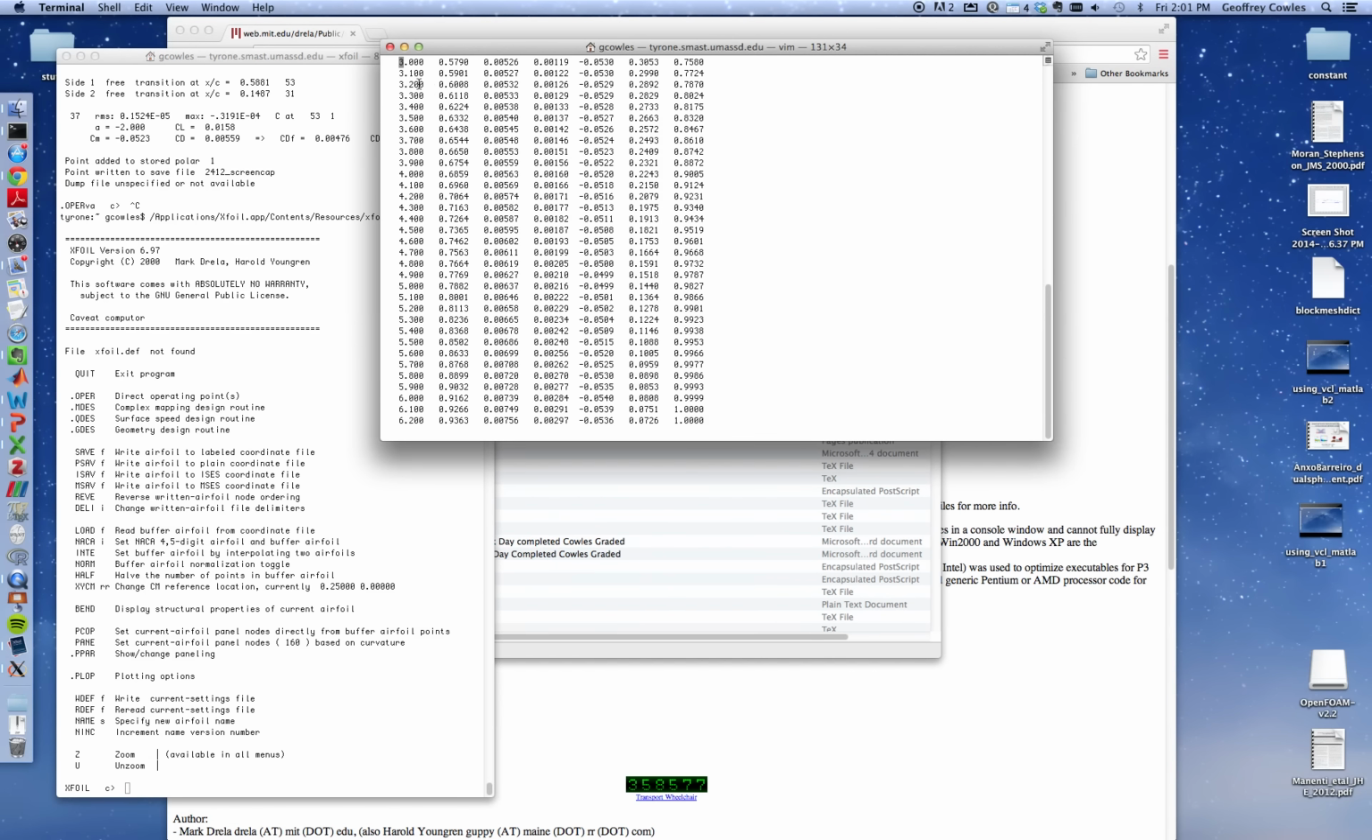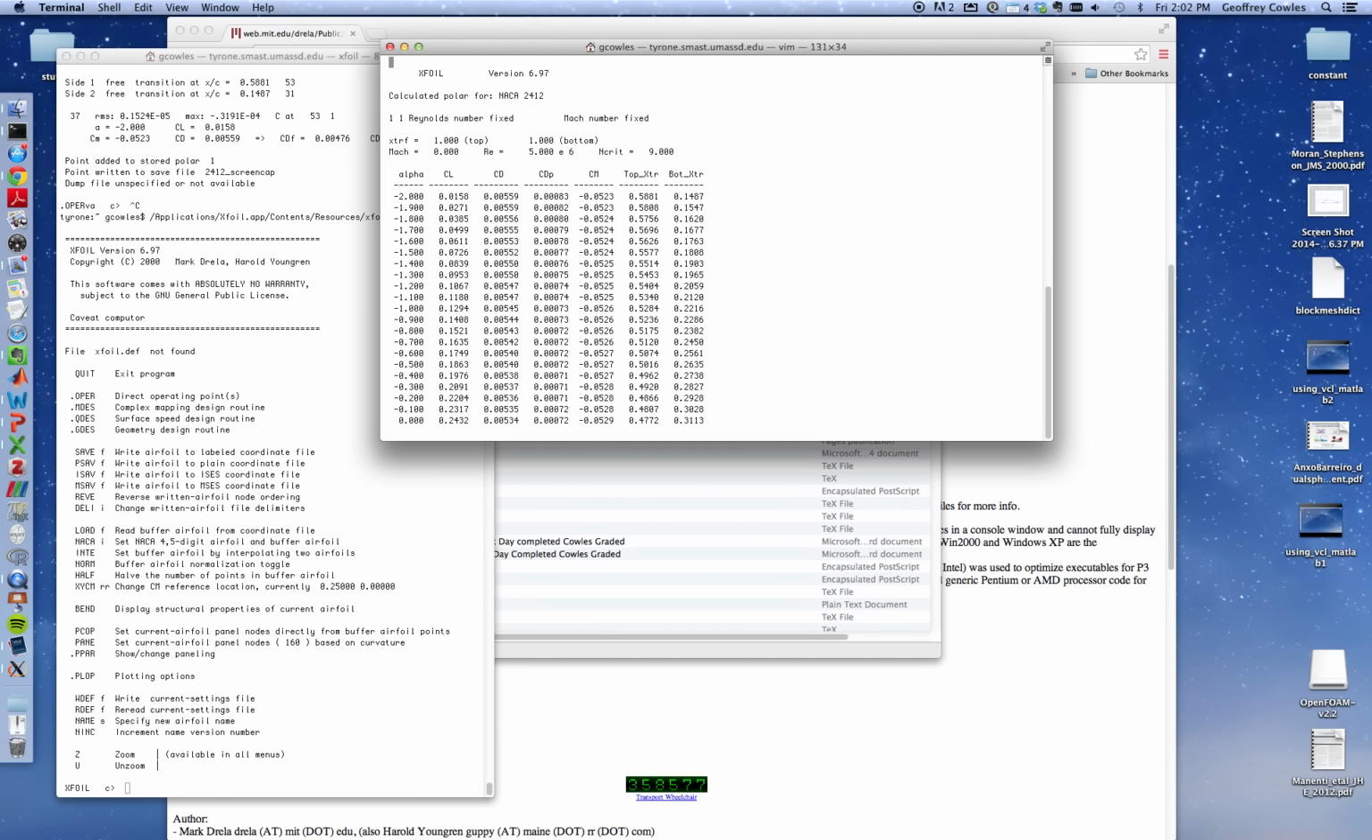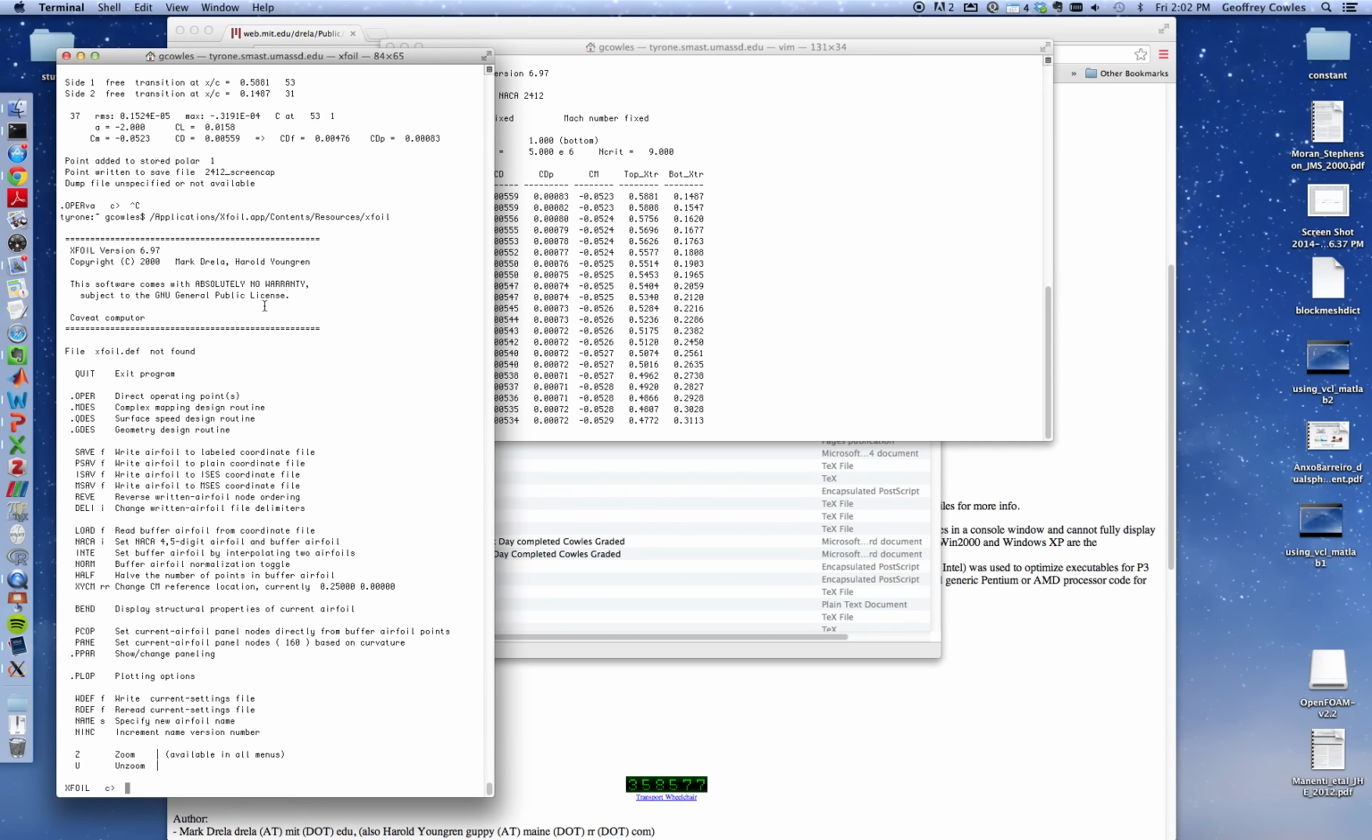So again, I have this table here. I've saved it. It's 242112 screen cap. I saved it during that file history. So again, I restarted Xfoil. I'll quit here, and